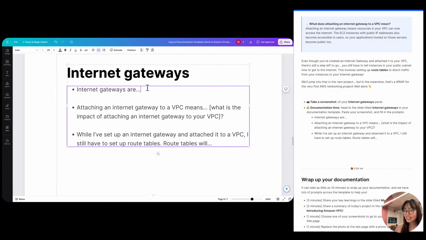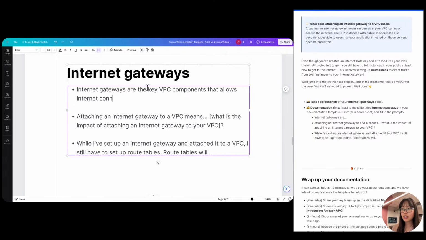All right. Internet gateways are the key VPC component that allows internet access for the resources in my VPC or subnet. An internet gateway